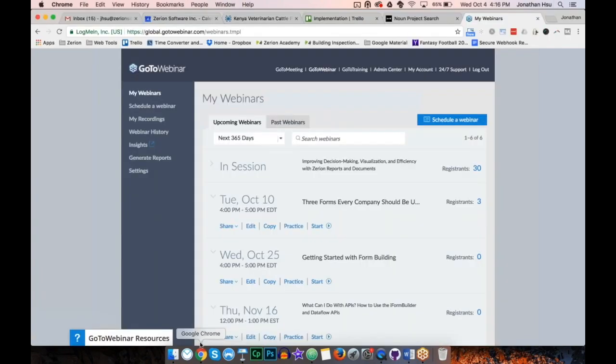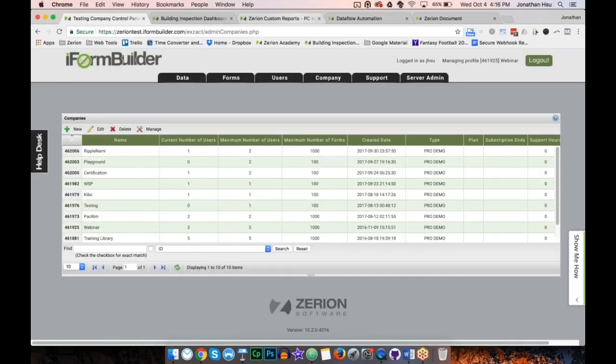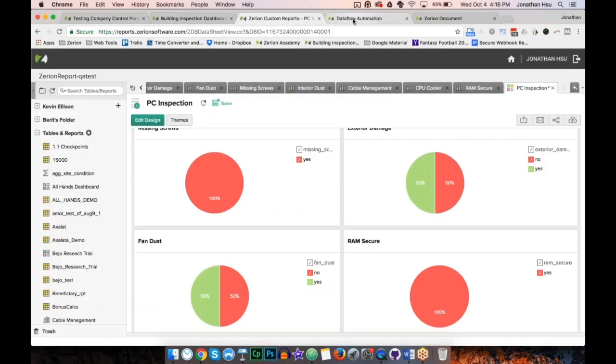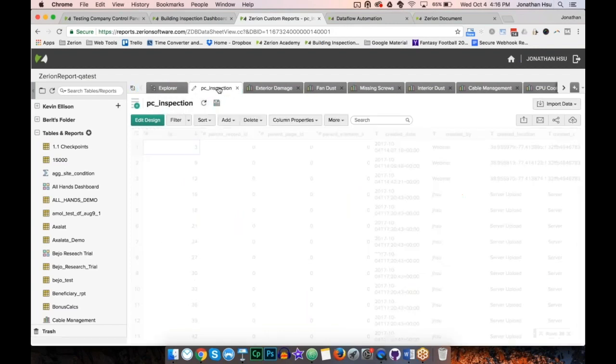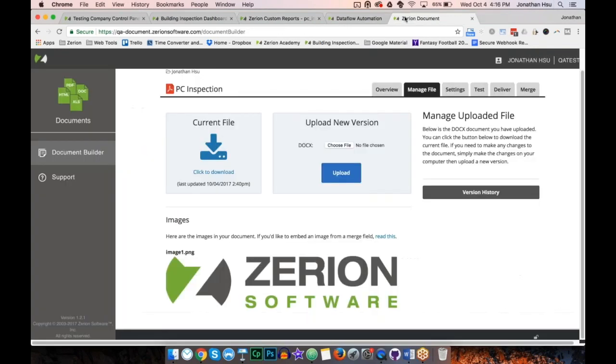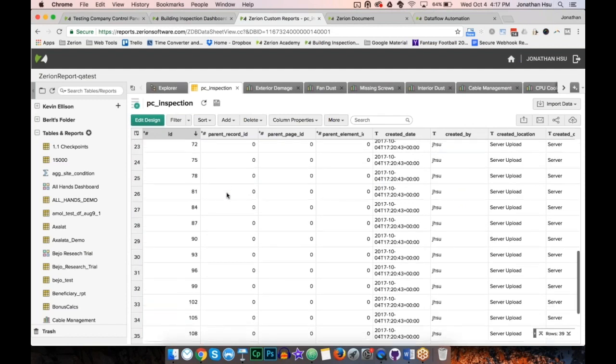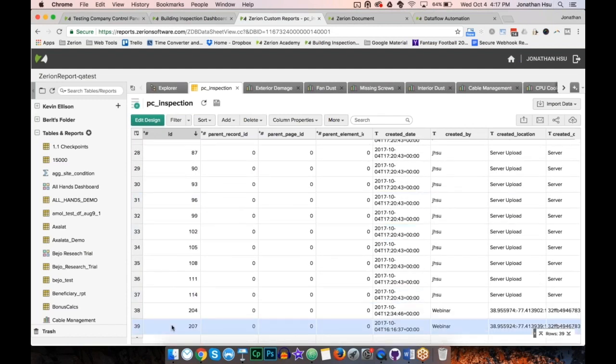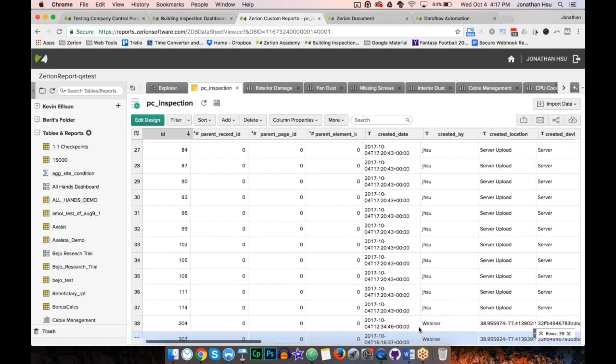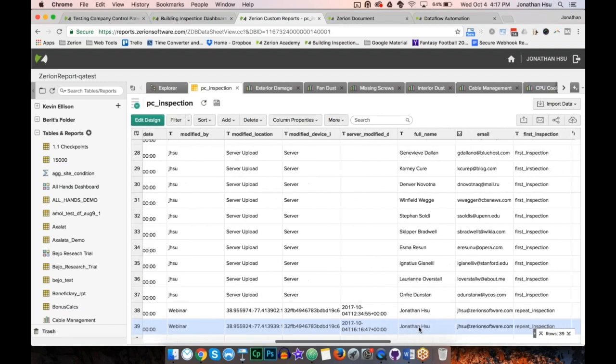Now, while that's syncing, let me pull up my dashboard. And before we get into that, I'll go into this table here, as well as my document template. I just want to get all of my different components together. Now the record we just submitted, I'm going to refresh this table. And at the bottom, what you'll see is I have this row here. This is the current timestamp right now,